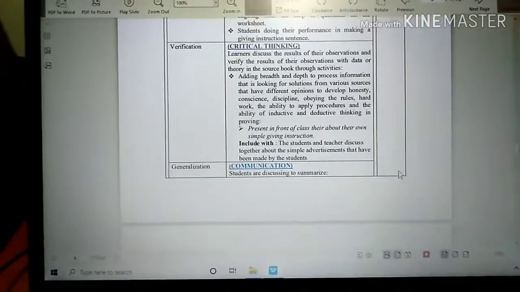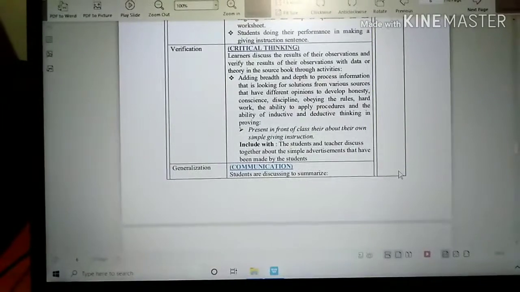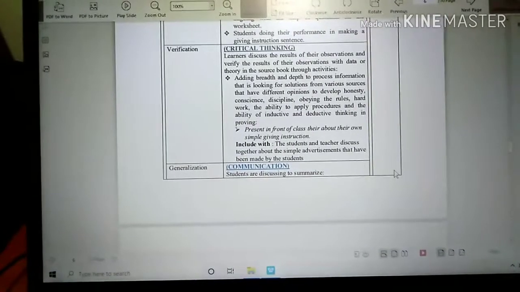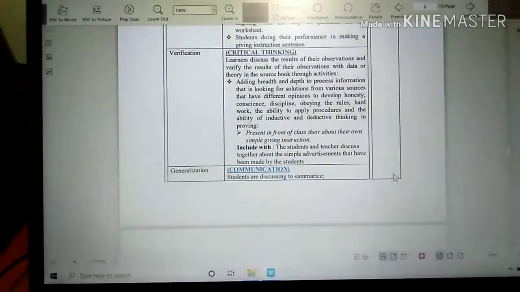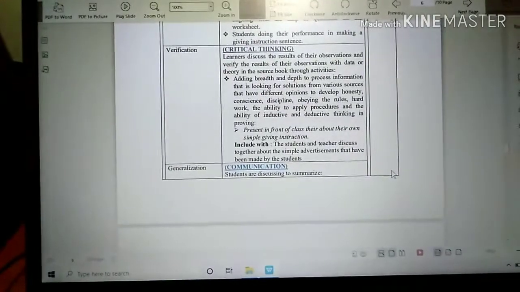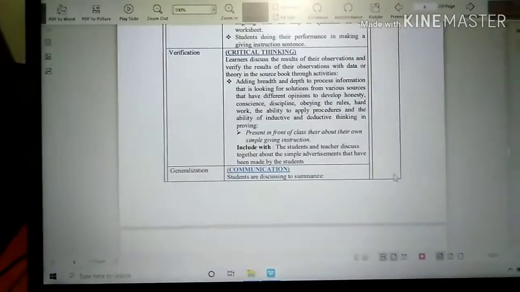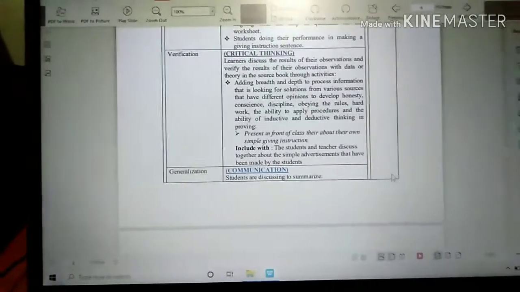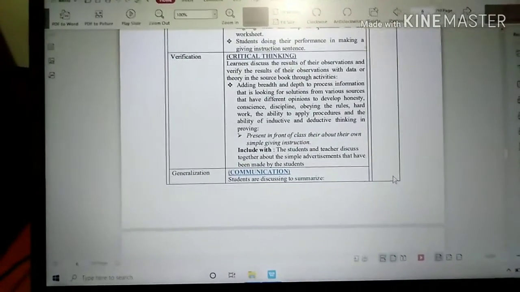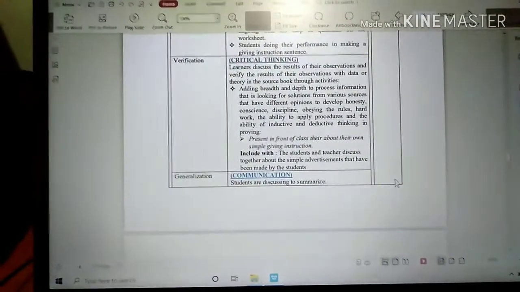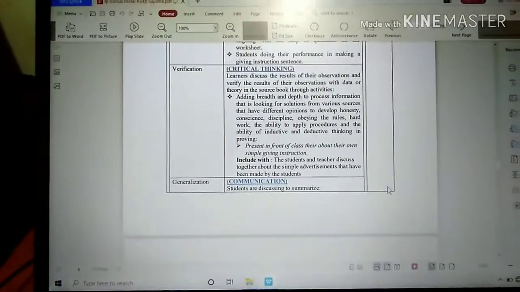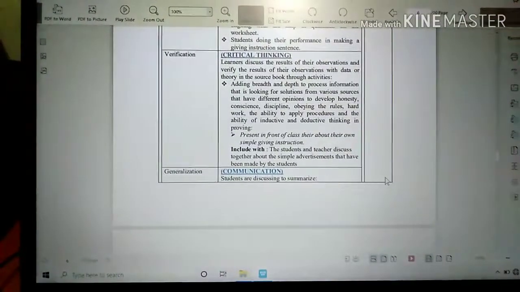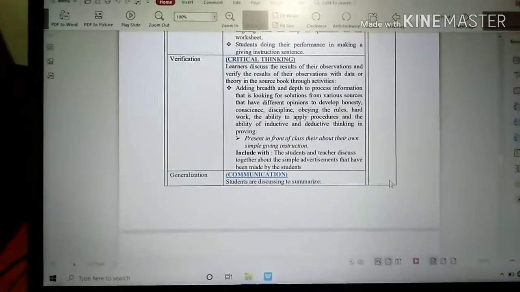Learners discuss the results of their observations and verify the results of their observations with data or theory in the source book through activities, adding breadth and depth to process information, looking for solutions from various sources that have different opinions, to develop honesty, conscience, discipline, obeying the rules, hard work, the ability to apply procedures, and improving the ability of inductive and deductive thinking.